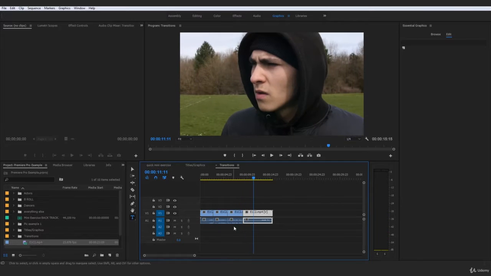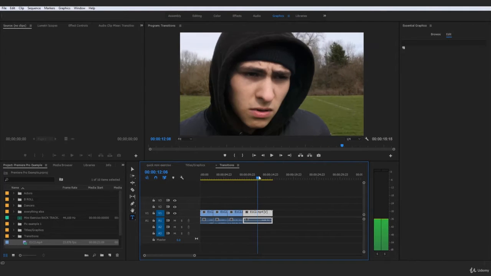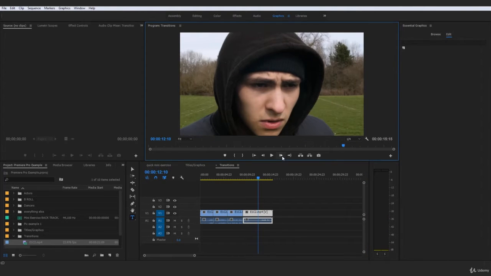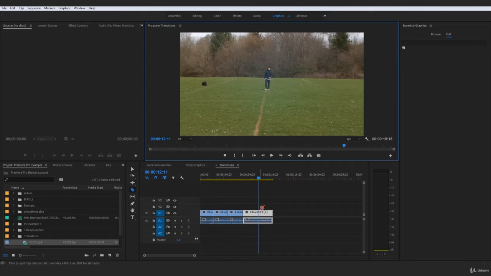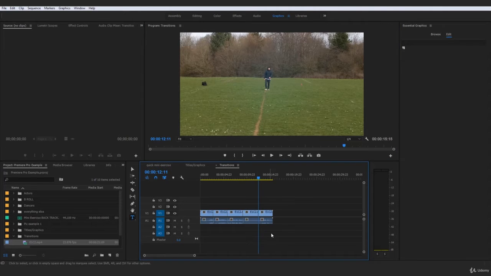And what we're doing is just creating these so these aren't all part of the same sequence. They are, yes, actually still part of the same sequence. However, they are individual clips and individual sections. So you see I'm just going frame by frame to section these off, and now we have 5 clips